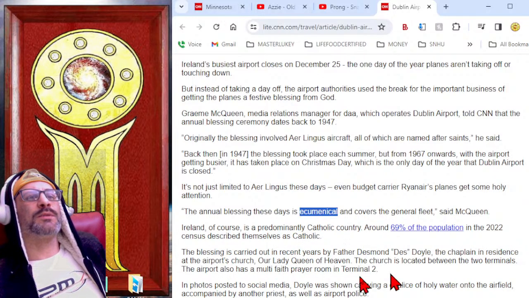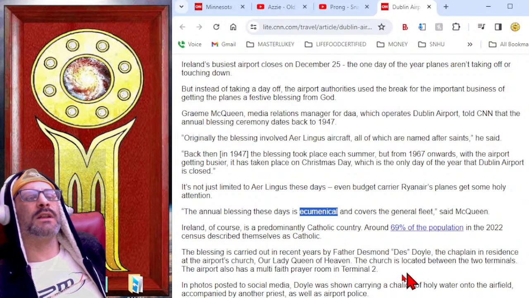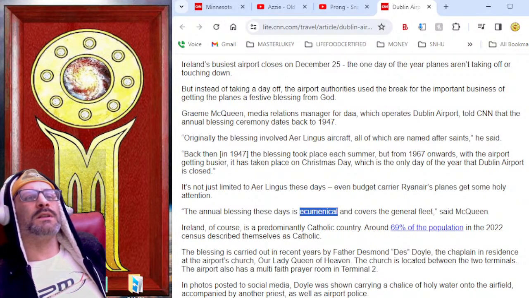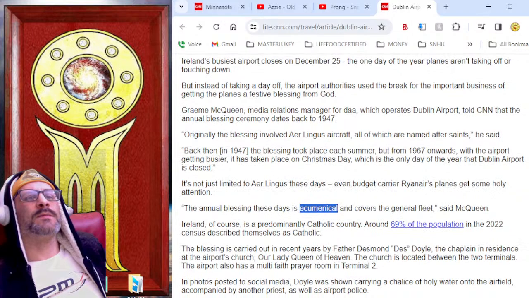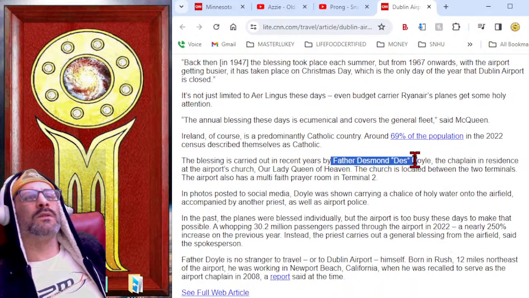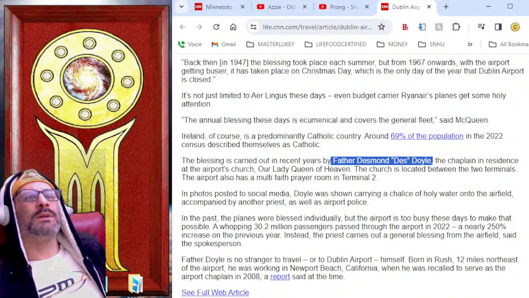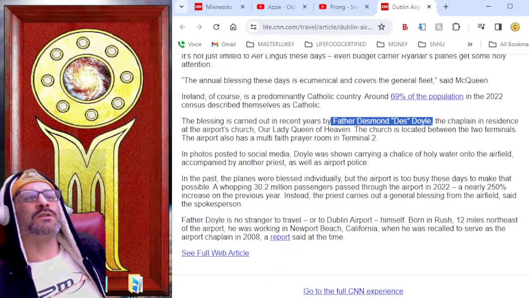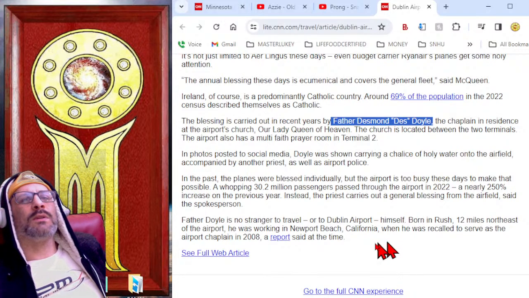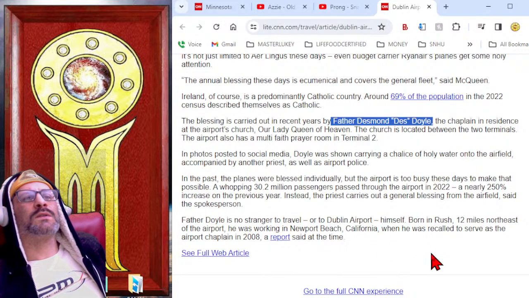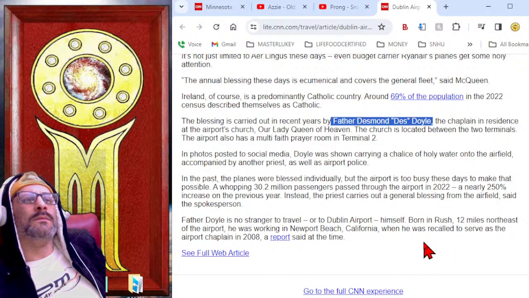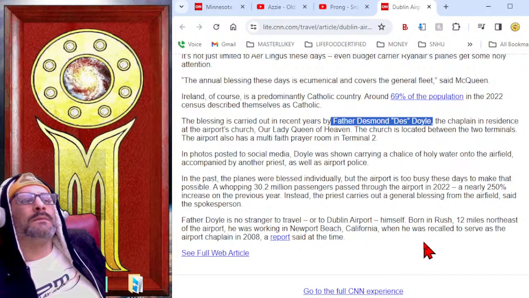Ireland, of course, is a predominantly Catholic country. Around 69% of the population is Catholic. The blessing is carried out in recent years by Father Desmond Doyle. Wow, look at that. Sir Doyle's uncle. The chaplain in residence at the airport's church, Our Lady Queen of Heaven. The church is located between the two terminals. The airport also has a multi-faith prayer room in Terminal 2. In photos,